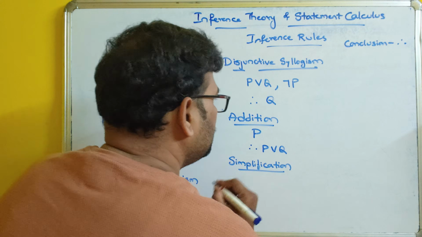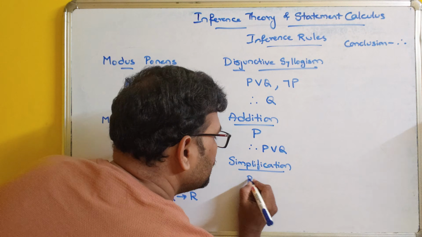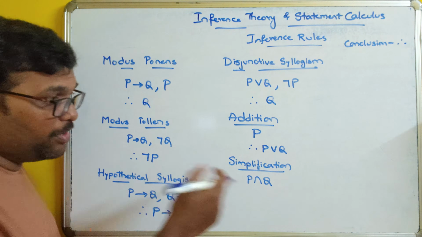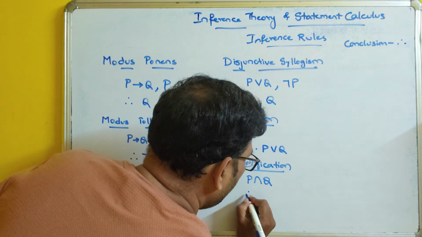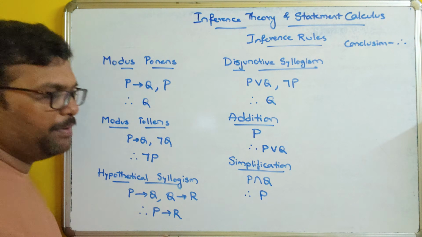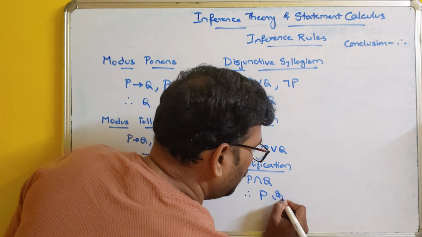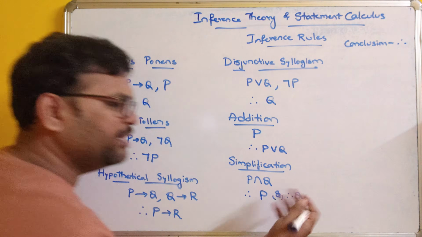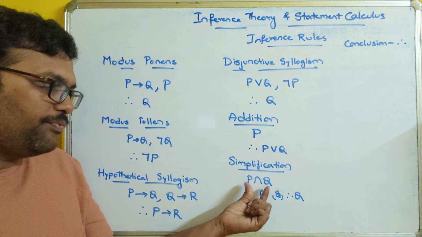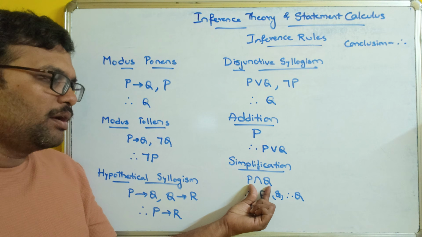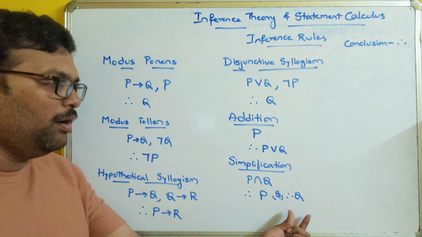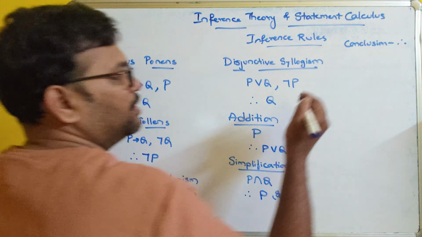So what is this simplification? If the premise is in the format of P and Q, then the conclusion will be either P or either Q. Anything. You can consider either P or either Q. So if the premise is in this format, you can conclude it as either P or Q. Next,